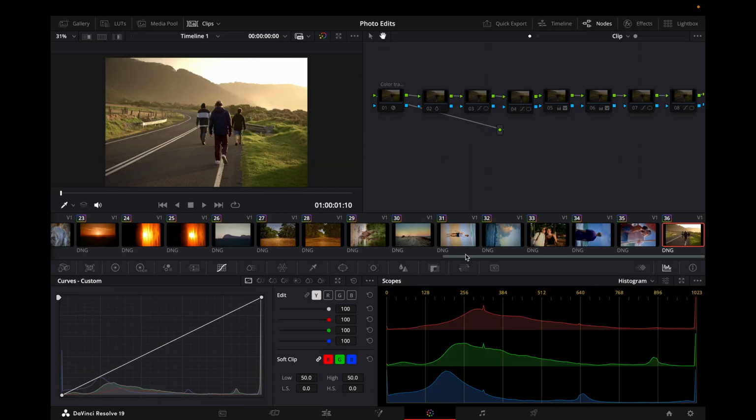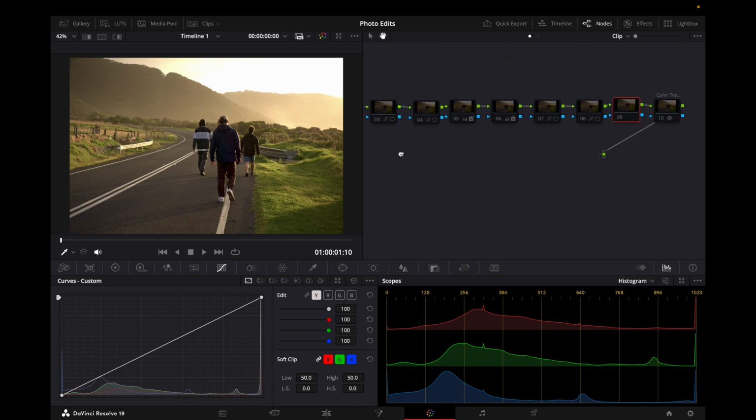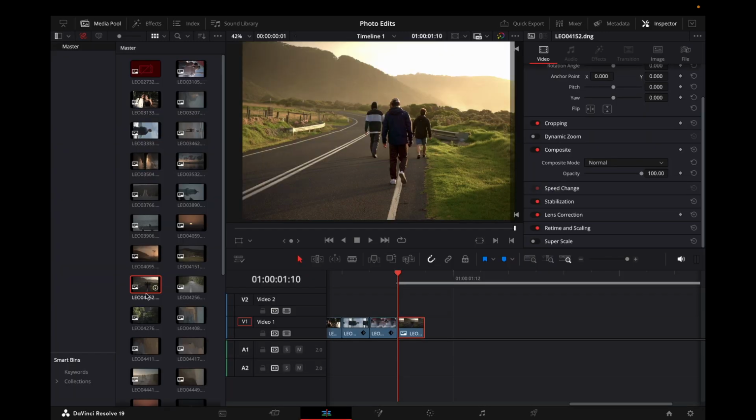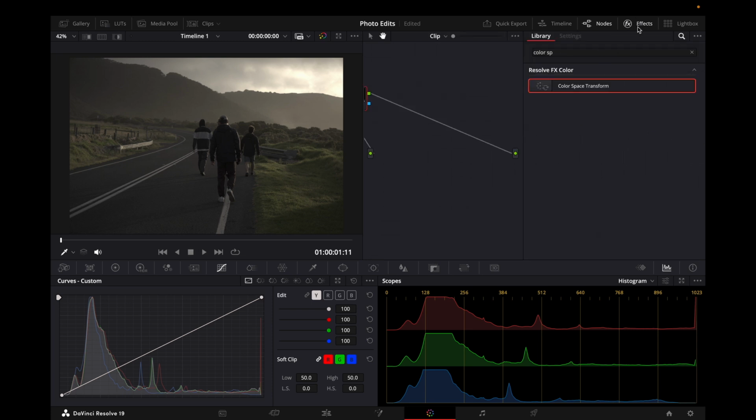Here you have basically all your clips down here, but I'm gonna disable that for now so that we have a bigger screen. Then you have all your transformations down here, and up here you have your nodes where you can transform each and every single node one by one, basically. So what it would look like if we started out would be we had just one of these nodes,